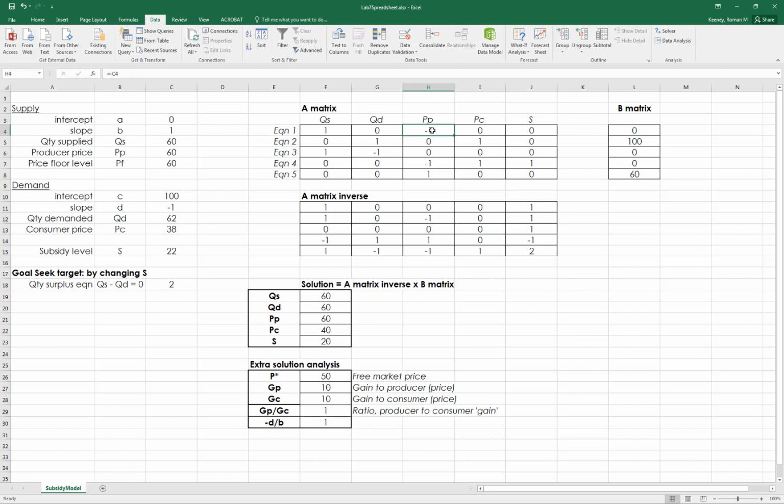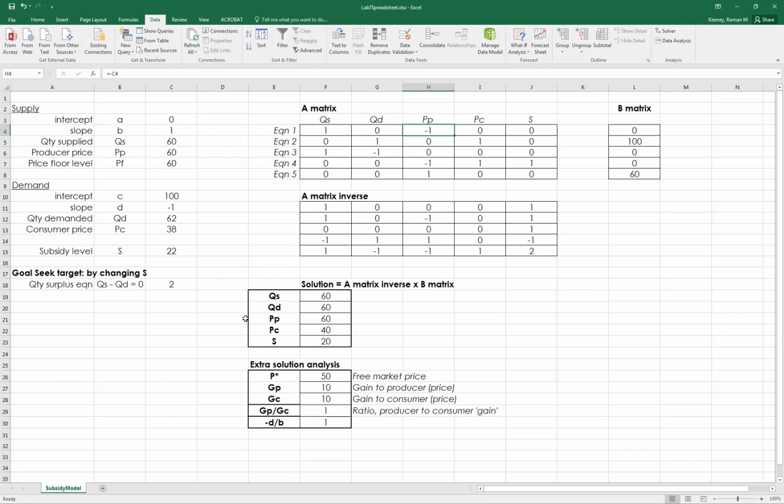Look at this. This is a cell reference to B, the slope of the supply equation, but it has a negative sign in front of it, because it's the negative of B, since we had to rewrite the matrix equation to move it to the left-hand side. There'll be a couple of quiz questions just on that conversion process. Nothing about Excel, but about moving endogenous variables to the left-hand side. And a couple of quiz questions to ask you to think about